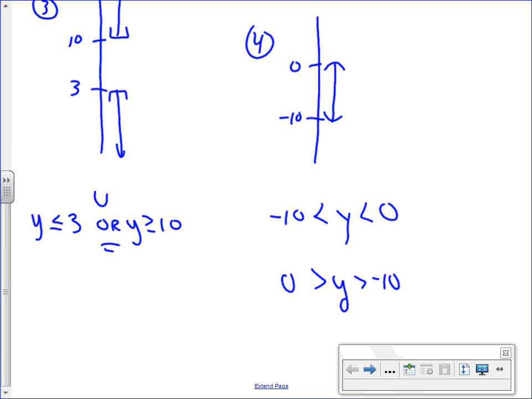And just a reminder that when you're doing between statements, those two inequalities have to be facing the same direction. You can never write them pointed this way or pointed out from each other. That'll never work. Okay? So are we good with this? All right. We're going to now